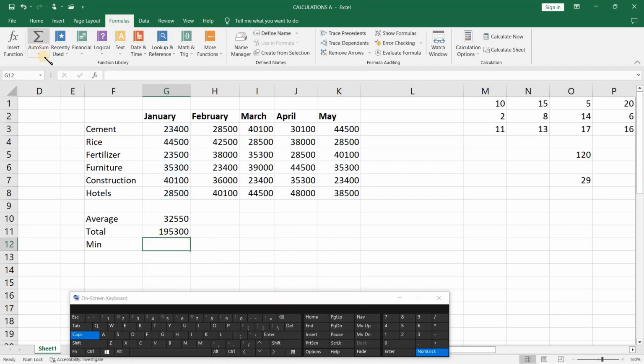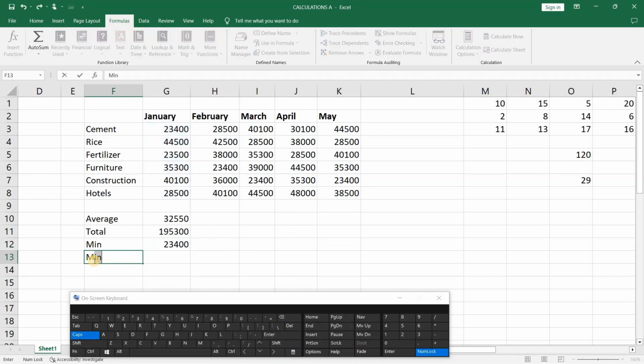Also in minimum, I can choose the minimum formula and then define the range of cells that I want to apply that to or want it covered, and then I choose enter. The same applies with maximum. If I want to have the maximum value of that,